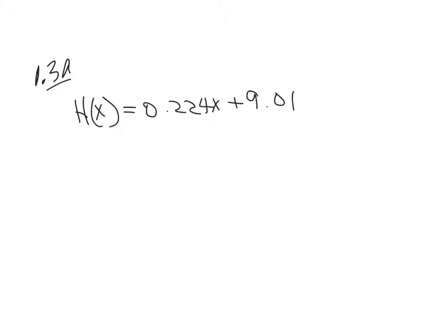Now that is a linear function, and the reason I know it's a linear function is there's no exponent on the x other than the assumed 1. There's no exponent here except the assumed 1, and there's no fraction with the x or the h of x